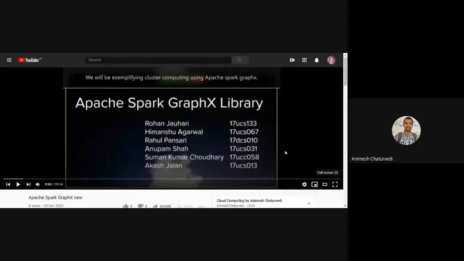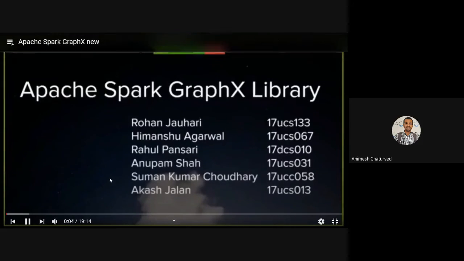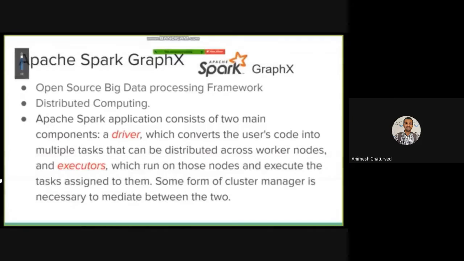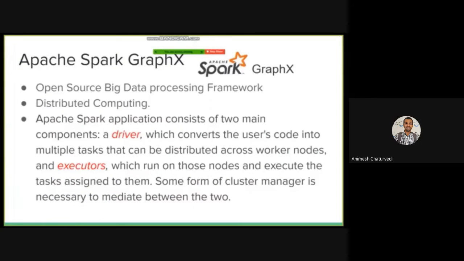For example, I'll show you the graph algorithms available, and you have to study this type of graph algorithm library. So our team comprises the following members. Apache Spark is basically a unified analytics engine for large-scale data processing. It provides high-level APIs in Java, Scala, and many other languages. In our case, we would be dealing with the language Scala. And GraphX is a component in Spark for graphs and graph parallel computations. We are dealing with distributed computing, that is, multiple computer systems working on a single problem. In short, a single problem would be divided into many parts, which would be individually solved by different computers.